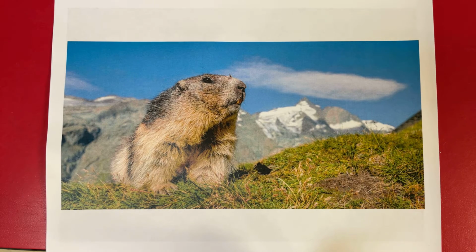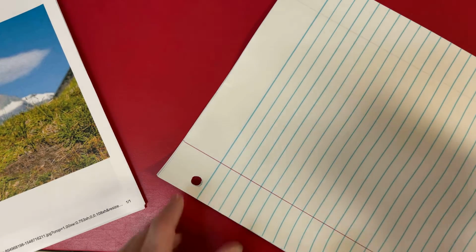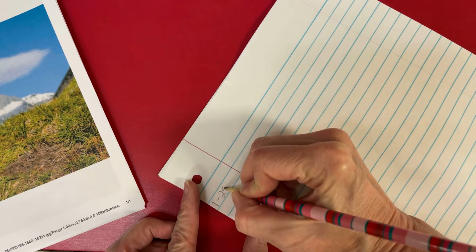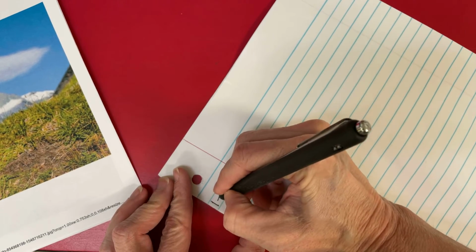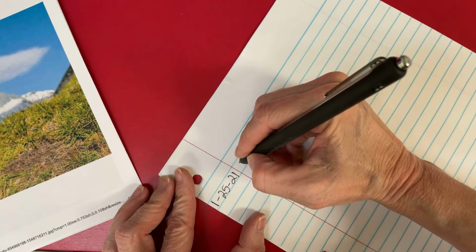So we have a picture of Mr. Groundhog here. And what is he looking at? Well, let's see. Let's put our paper over here. So today is 1/25/21. I'm going to do that in pen, actually, so you can see it better. 1/25/21. All right, so our sentence is